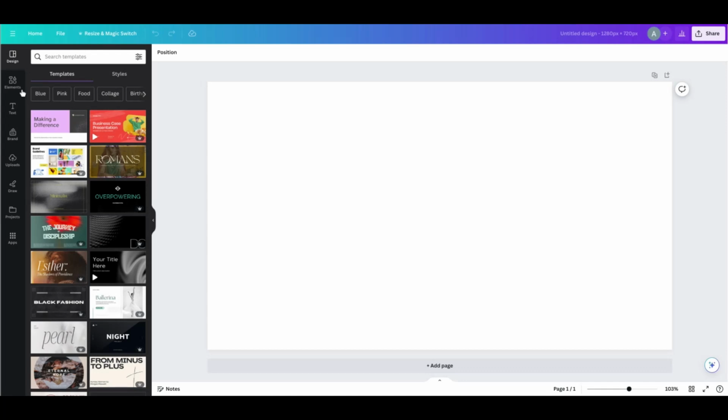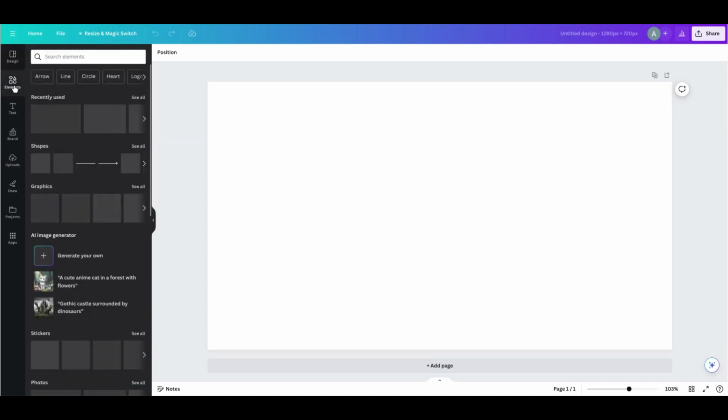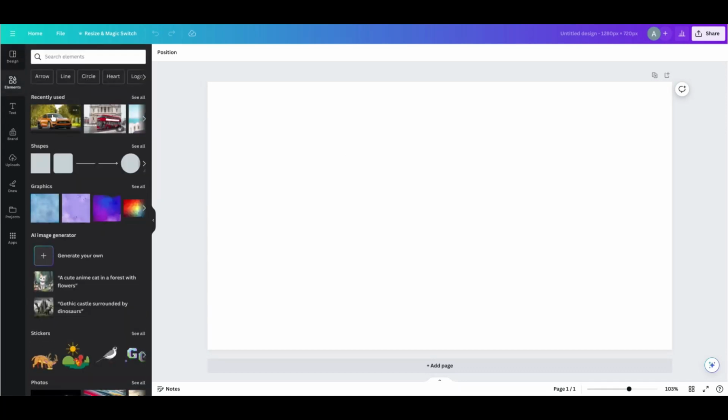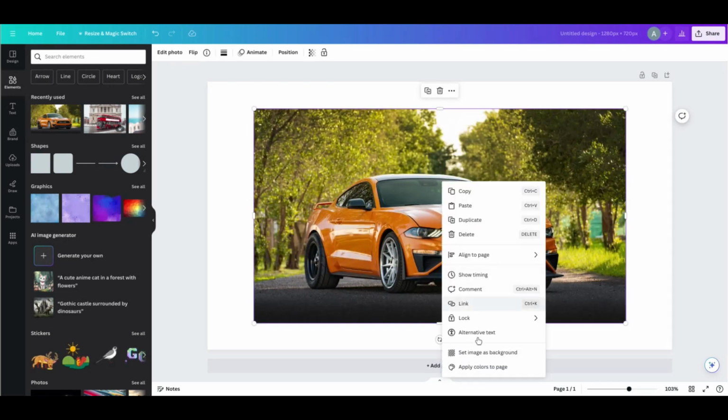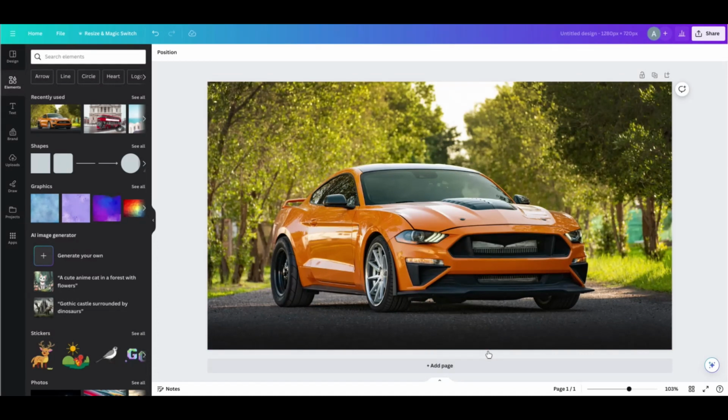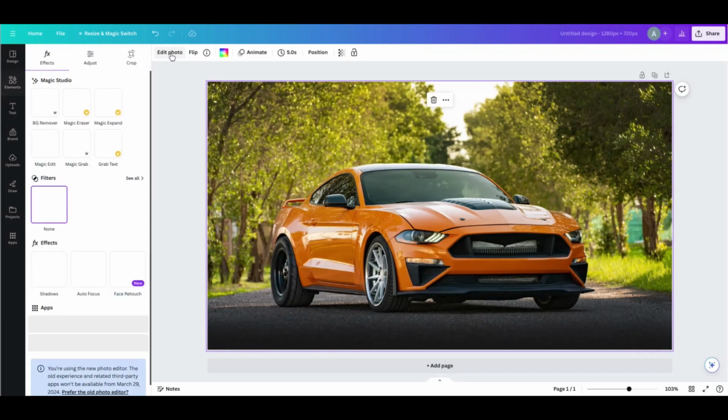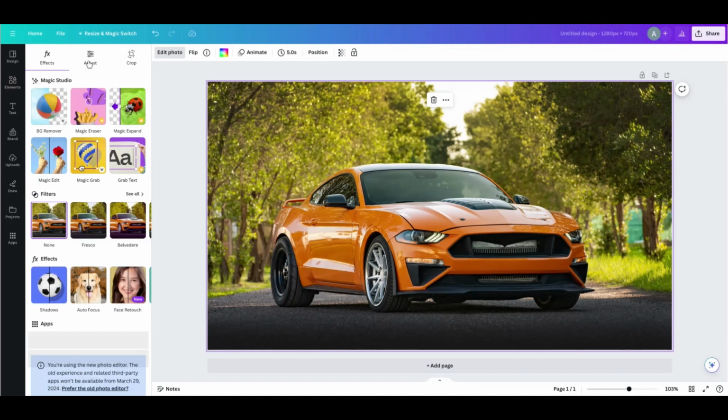go to elements, select an image that you want to use, set it as background, edit photo, adjust the photo,